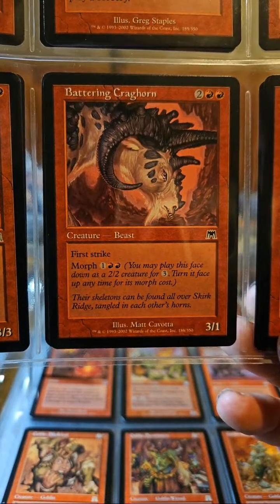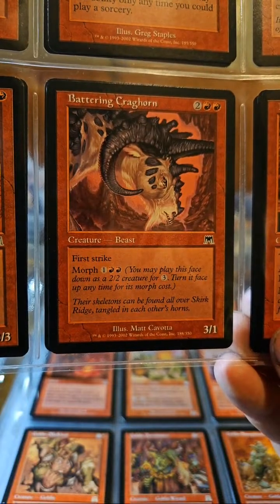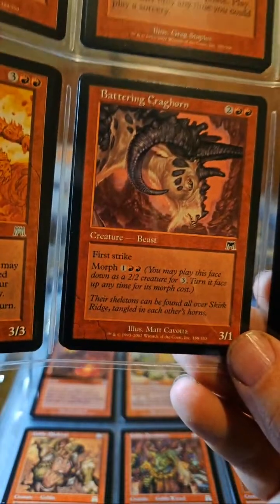Battering Craghorn. This was also in the beast deck. 3/1 first strike for 4, and you could morph it. So you could get the drop on someone with a morph, potentially, but...